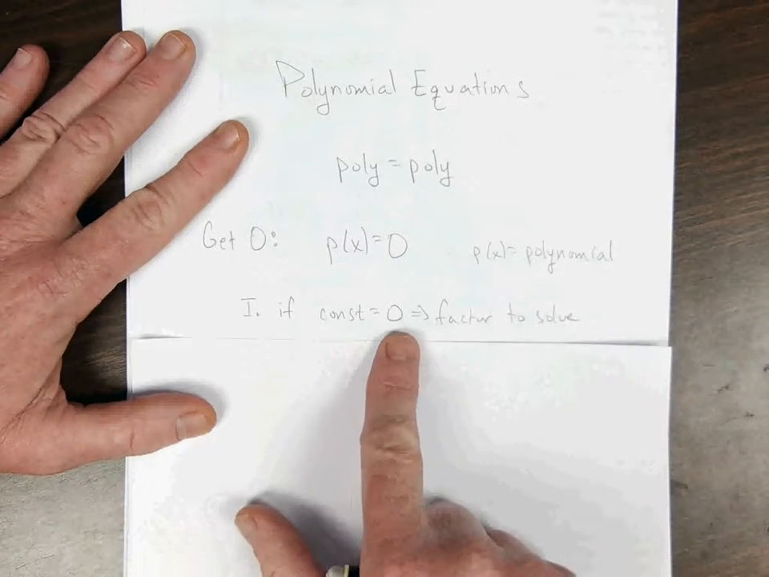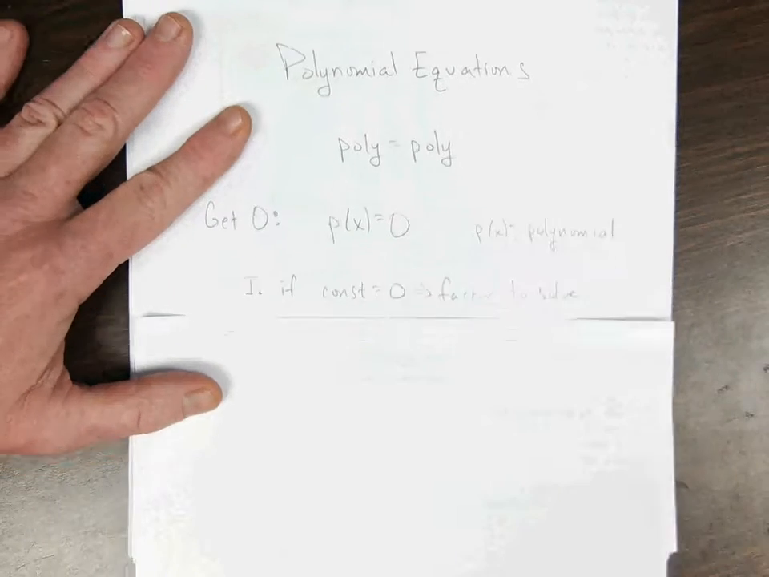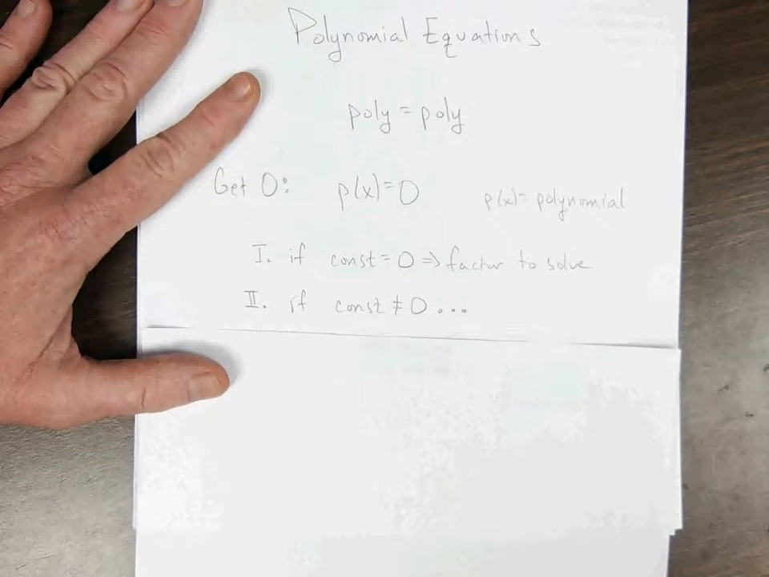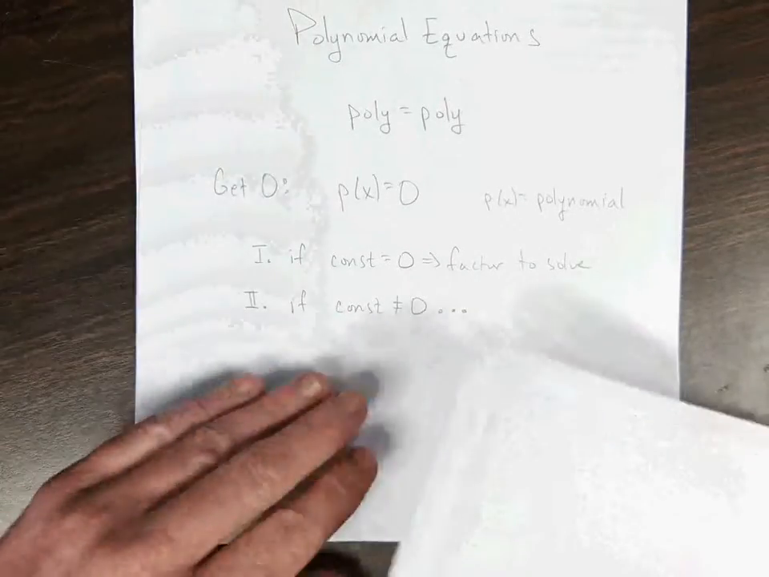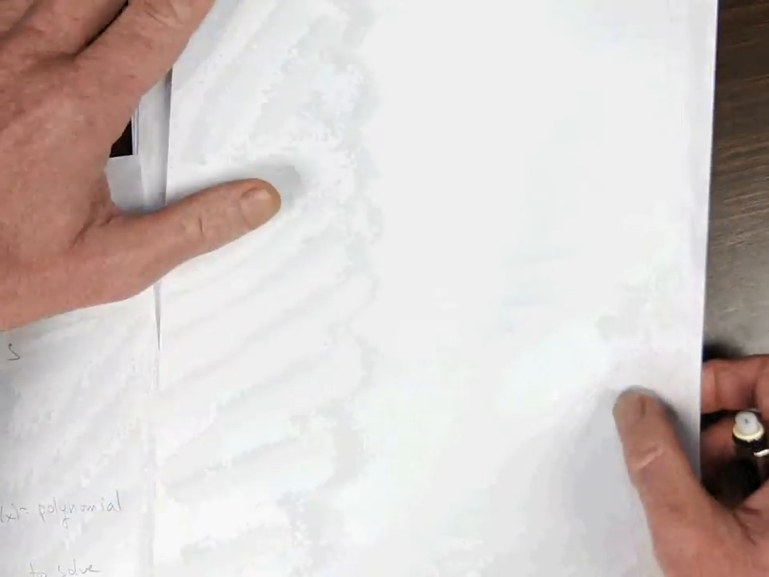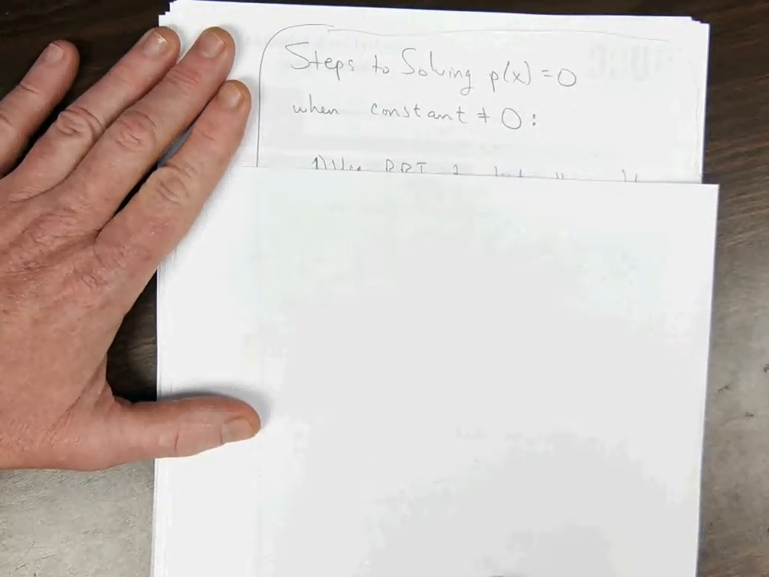If the constant equals 0, you can factor that to solve it. All right, but the question is, what about when the constant's not equal 0? And that's where we got to go through all this theory stuff. So, just to remind you of the steps, when you're trying to solve p of x equals 0 when the